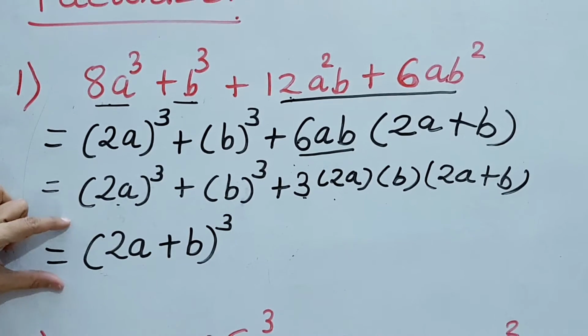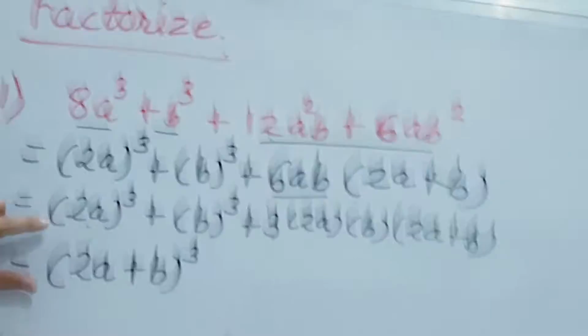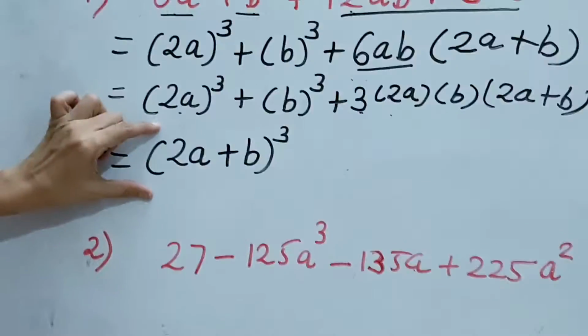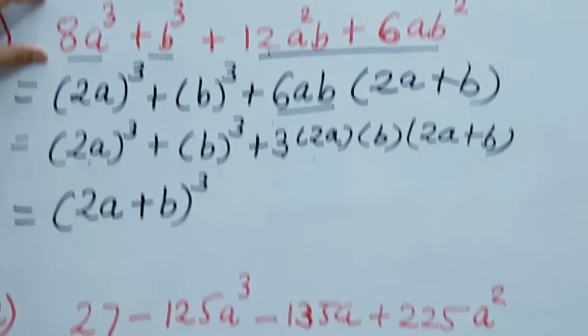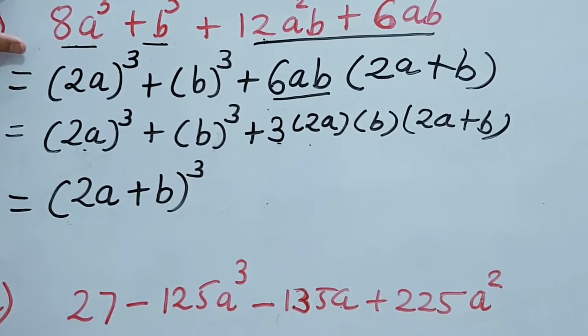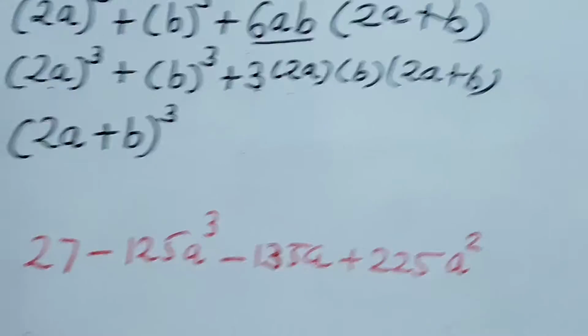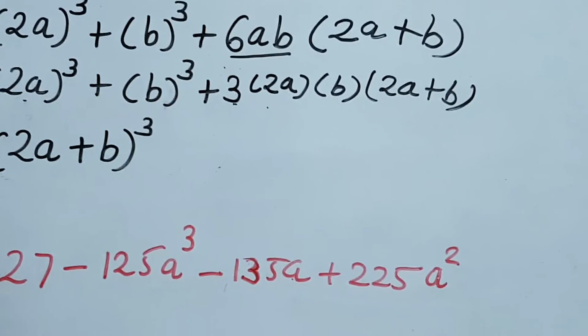Yes, that reverse method I explained yesterday. If the sum is 2a plus b whole cube, then we have to write it this way, and we will get this answer. In factorization, it is a totally reverse method. Expand and factorize are totally reverse methods. Now next,